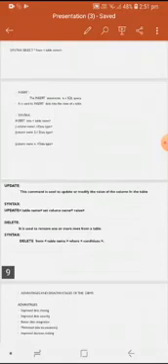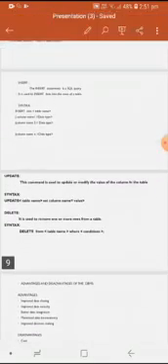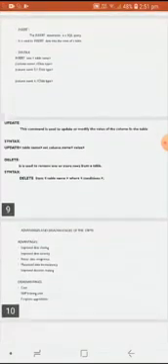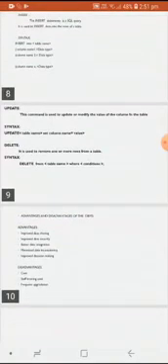The fourth command in data manipulation language is the delete command. The delete command is used to remove one or more rows from a table. The main use of the delete command is to delete some or all records from the existing table. It deletes only the records that are present in the table. Based on the condition, it deletes only some records, or it deletes the entire record in the table.